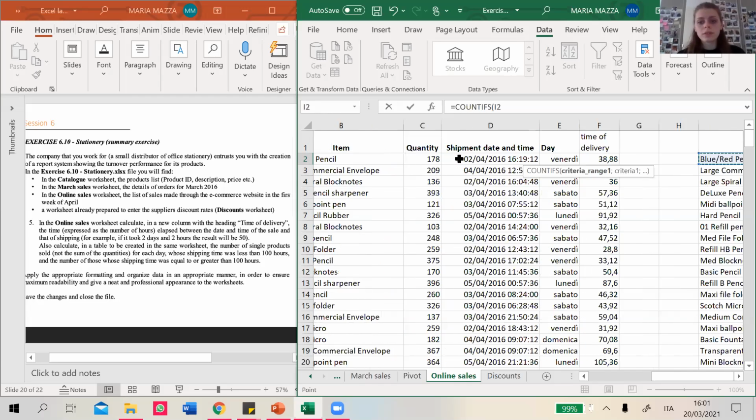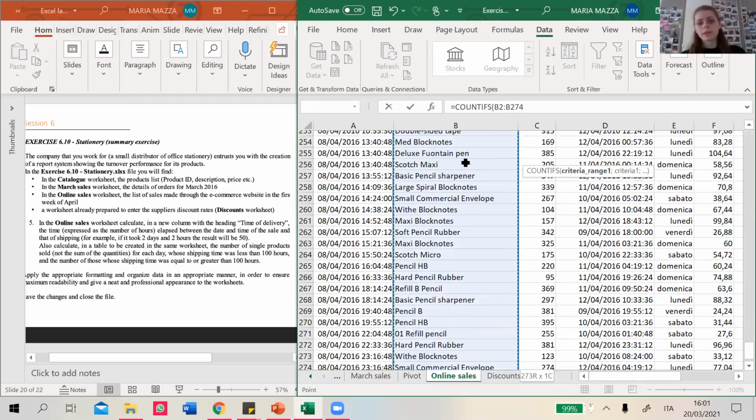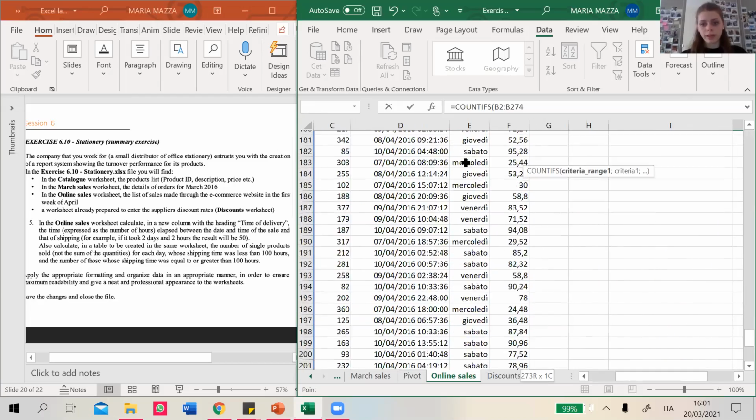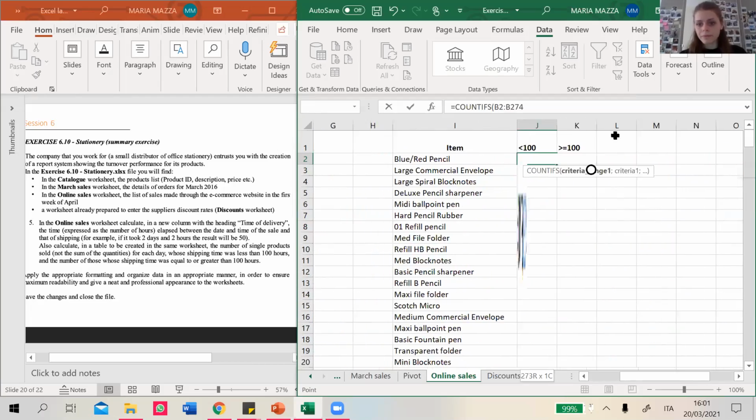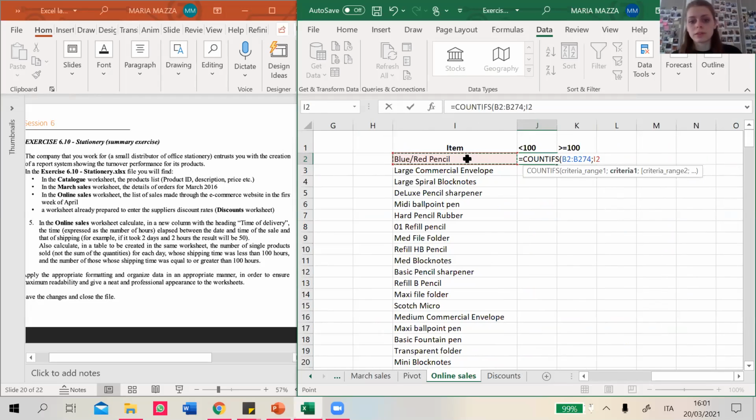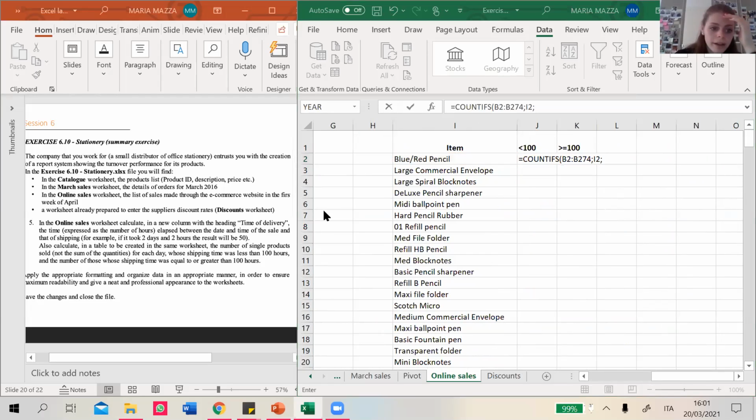So first of all, in this range, we will count the number of products that we have. And the criteria will be equal to the name of the product. And the second criteria we want to apply is the one of the